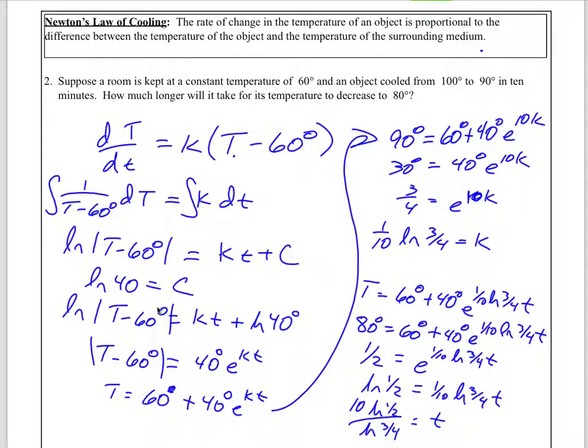24.094. But is 24.094 my answer? No. Read the question again. What does it want me to find? How much longer? I have to subtract 10, so my best answer would be 14.094 minutes. So we found